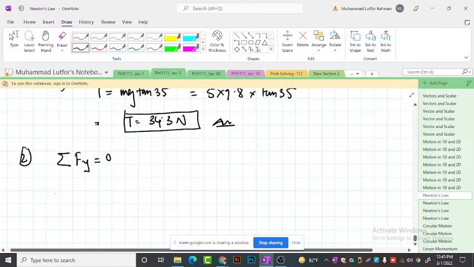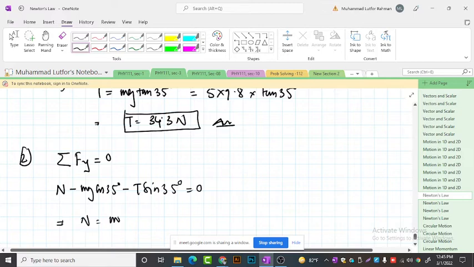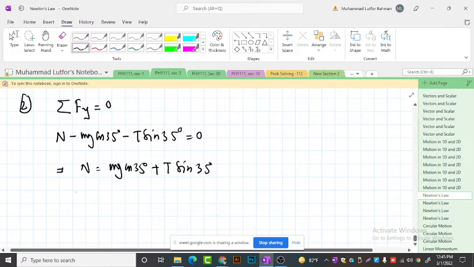So I'll write N minus mg cos 35 minus T sine 35 equal to 0, right? Then I can find out that N would be mg cos 35 plus T sine 35. I know the value of everything in this equation. I know the mg, I know the T. Then if I plug in, I will find out this normal force would be